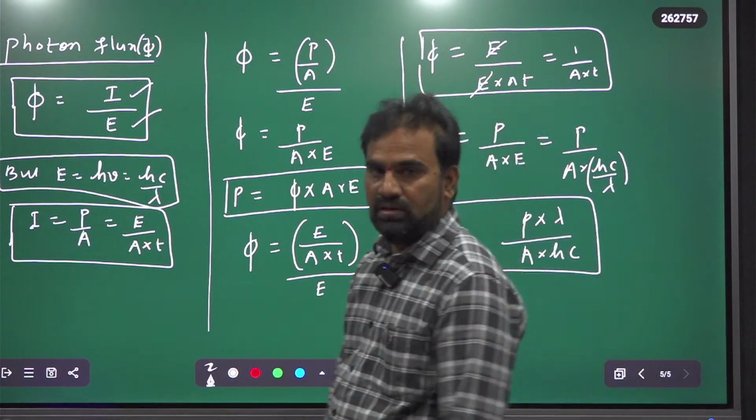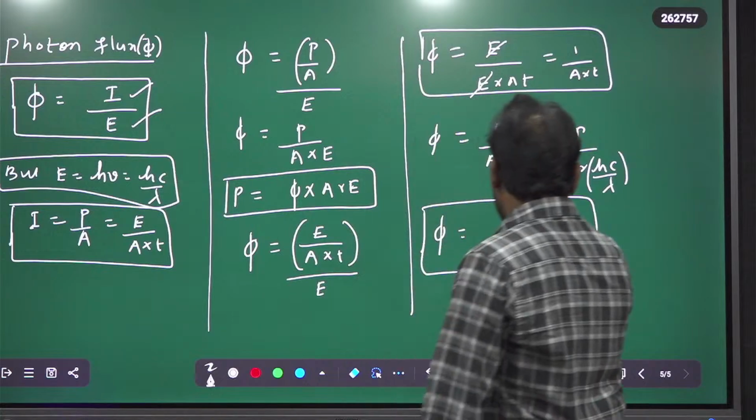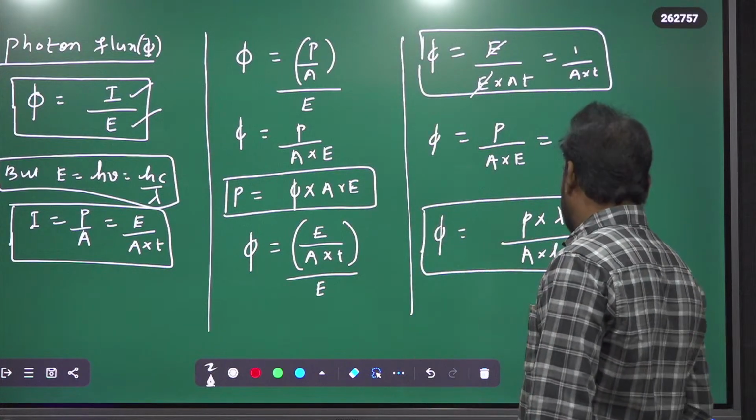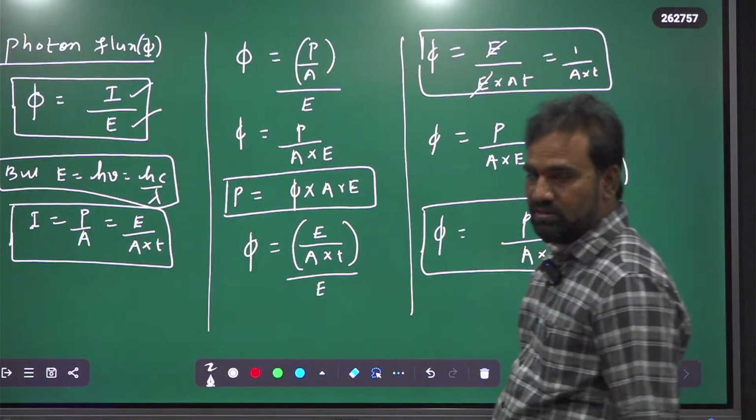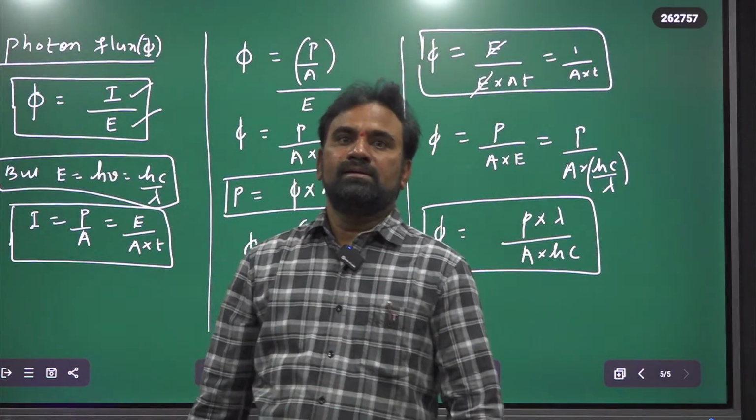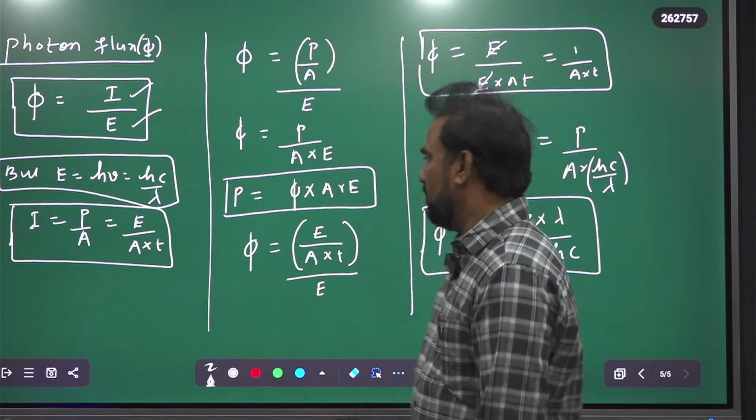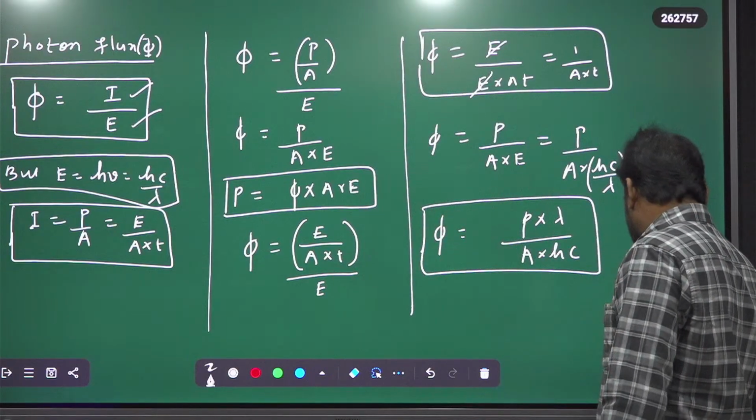Okay, see here, phi is equal to P into lambda upon A into hc. These are the different forms of a photon flux. Is it clear? Okay, see, next,